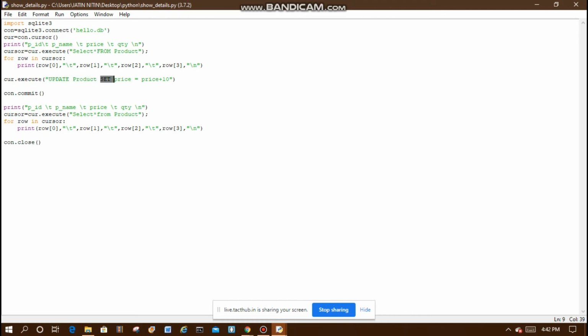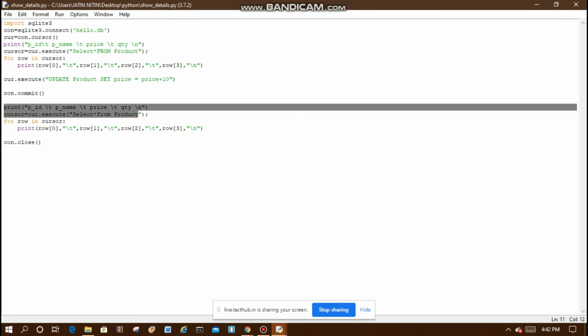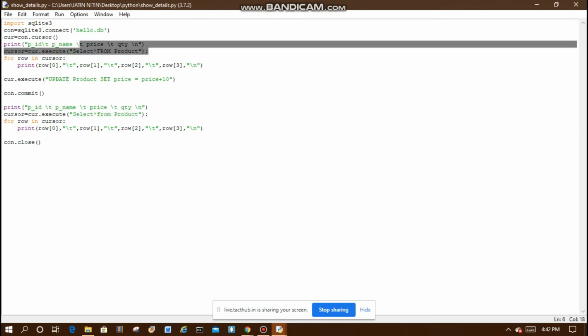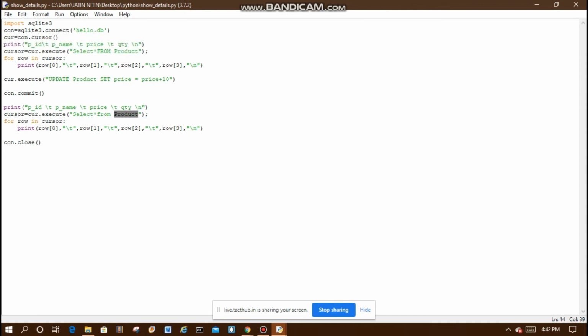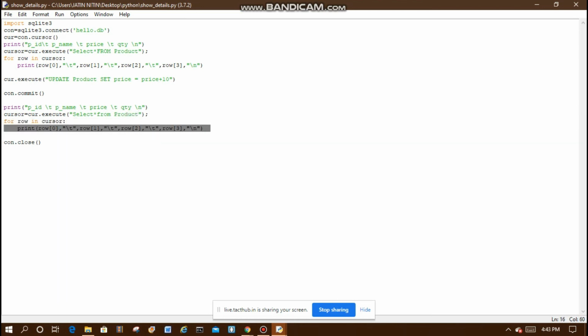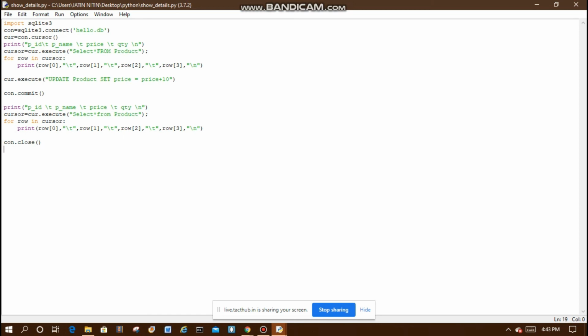We are setting the price plus 10 and then it is autosaving. We print this line again and cursor select from product. Actually we are repeating these lines only to show the details of the table product. Then we are following a loop, and then con.close closes the connection.